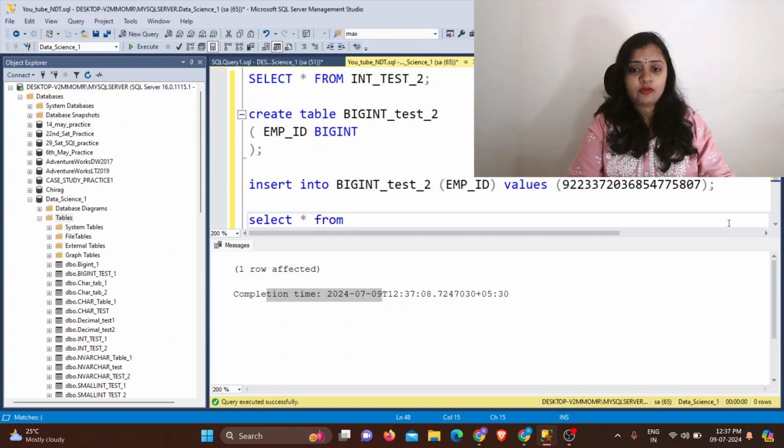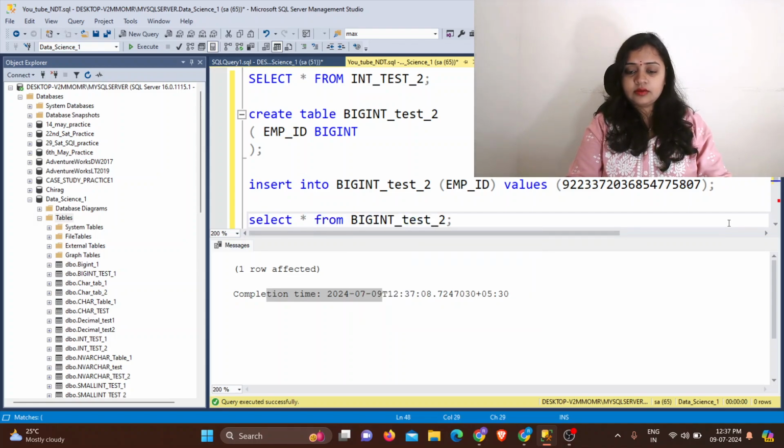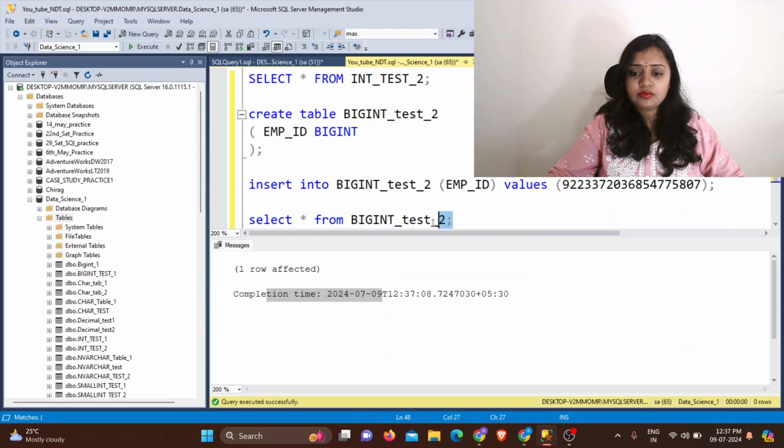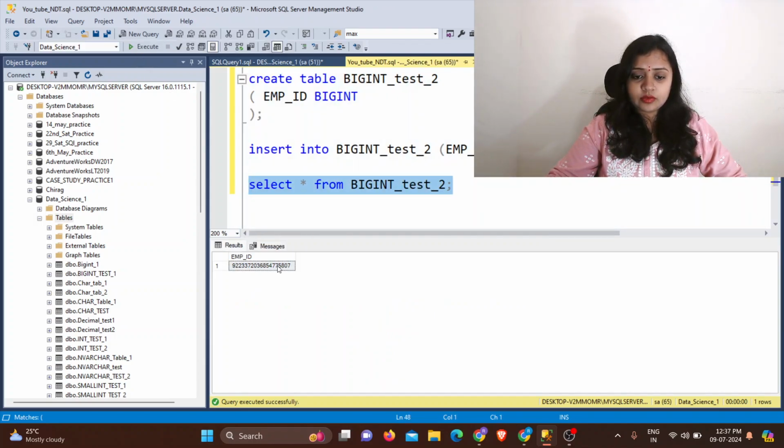Select star from big_int_test. Now select this one and hit the execute button. Can you see the number? It is inserted successfully. Now let's try, up till this range only it is allowed. Let's try one more number. 807 was there, we will try 808.